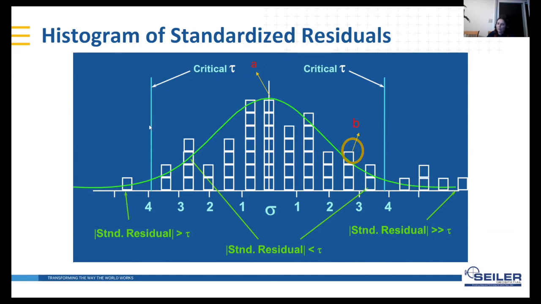If it's passing the critical value, it's failing on the standardized residuals. It means that this standardized residual is failing. It's an outlier.